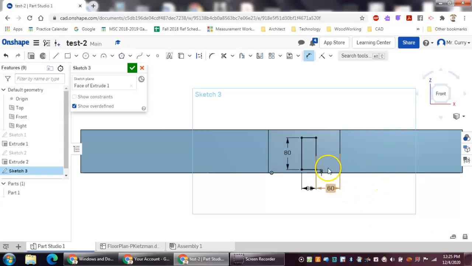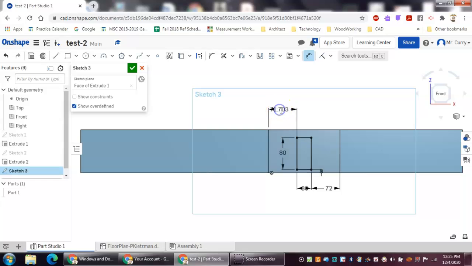Now, if I decide that I want that more centered, well, I just have to come back on there and double left click on that. We'll say, well, that should be 72 inches. That looks more centered, so that's pretty good. I'm good with that sketch. I can click the green checkbox to finish up out of the sketch, but just out of curiosity, still while I'm in my dimension command, I'm going to see if it'll allow me to dimension over to this side as well. Notice that is saying